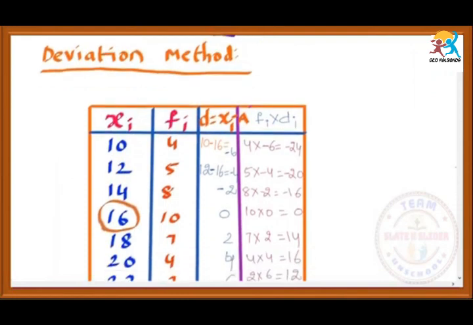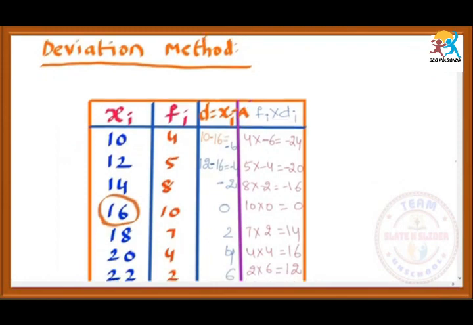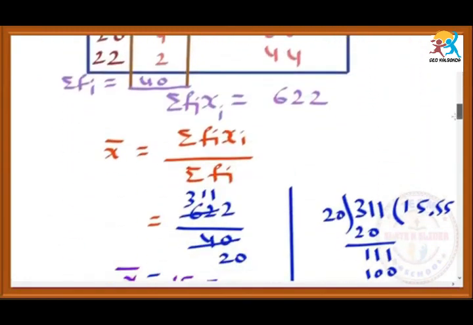And actually we have one more method, that is the step deviation method. That is much easier than these two, but that will be in the 10th class, so we'll discuss it there. Now we will find the median. How to find the median? In this term itself, we have the answer. Median means the middle term. So what will be the middle term?